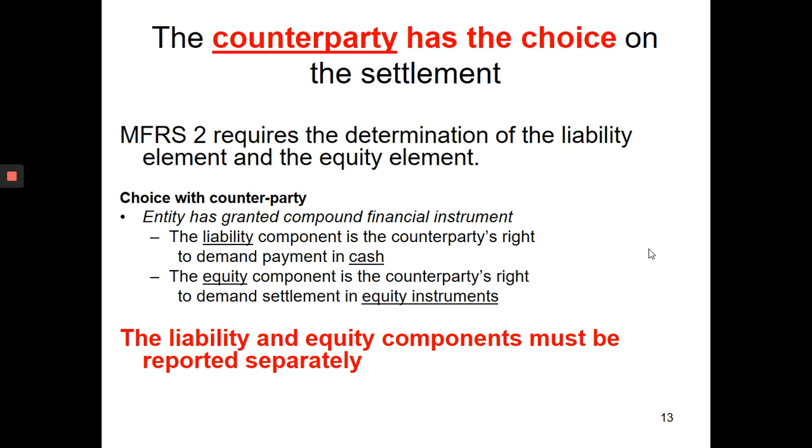On the other hand, when the counterparty has the choice. Let's say the supplier is given the choice of which one to pick, cash settle or equity settle. Then according to FRS 2, you are required to determine the liability element and the equity element. Choice with counterparty, the entity has granted a compound financial instrument. The liability component is the counterparty's right to demand payment in cash. The equity component